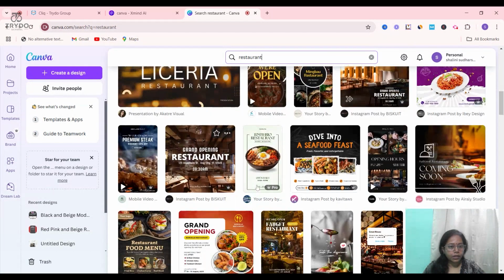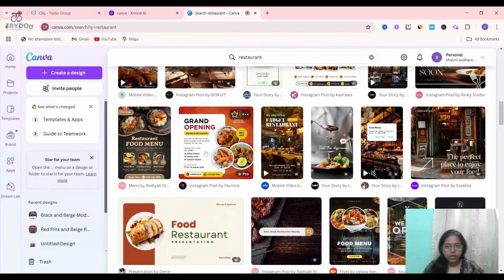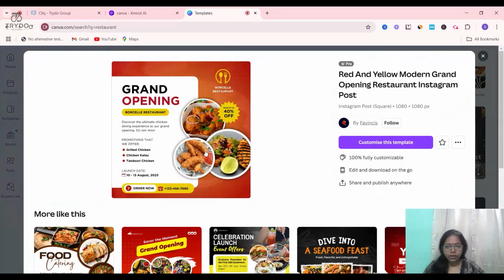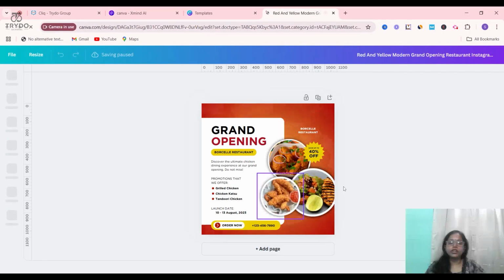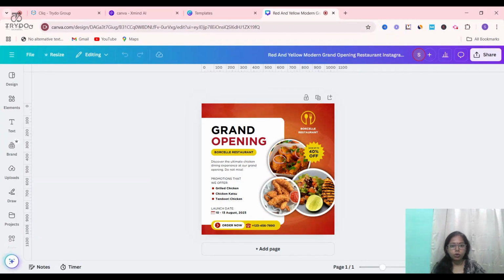Okay, let me select this template. Customize this template. You can go for any social media presentations like an Instagram post, Facebook post, LinkedIn, whatever may be the ideal format size, or any customizable size.